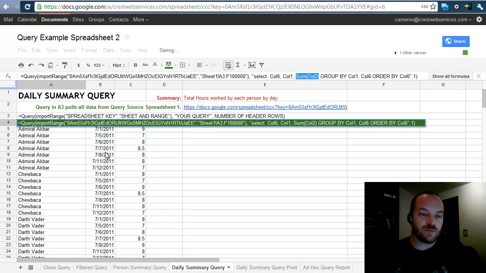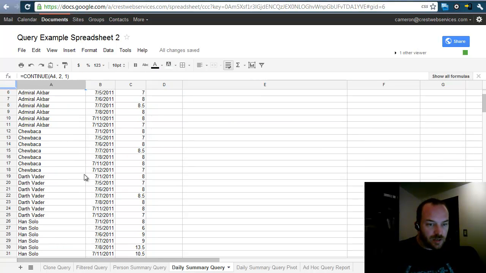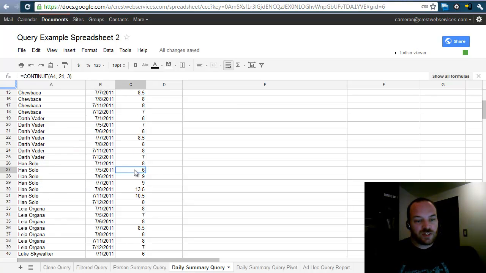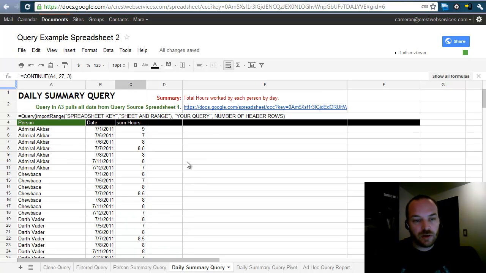So we go backwards. We go date, person on the group by, and then we're ordering it by column 6, which is the person. So what you get is a list of each person and the amount of hours that they worked on specific days. So if they worked more than once,